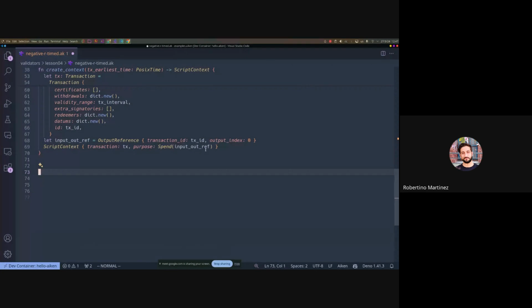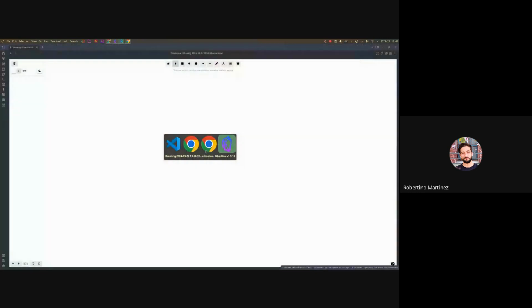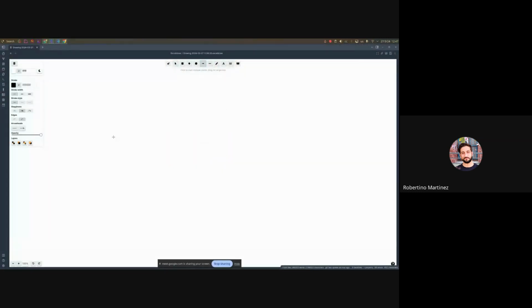We want to check a couple of things. So if you see this as a grid,